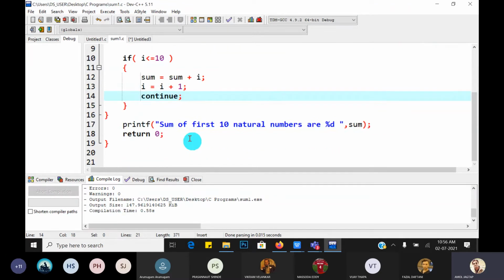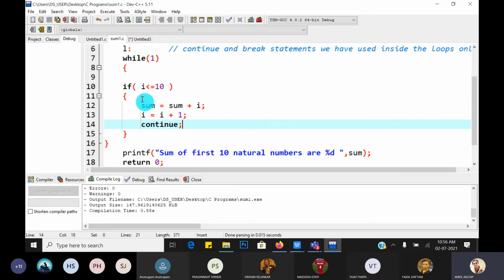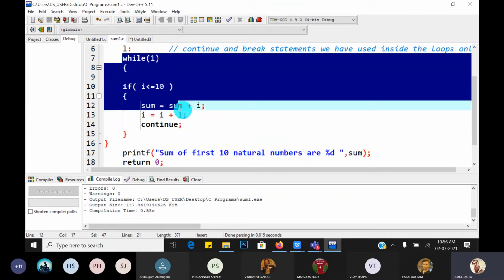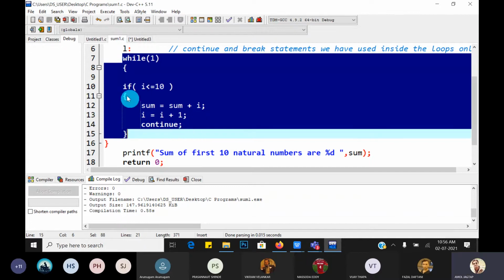Why? Then you ask, sir, what is the grammar of C language? That we cannot write continue statement inside the branching statement. Yes, we cannot write. But now the if statement is inside the loop statement. So if the statement is inside the while loop, it means continue is within the while loop, so we can write it.